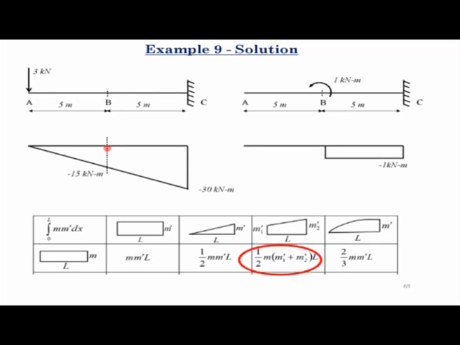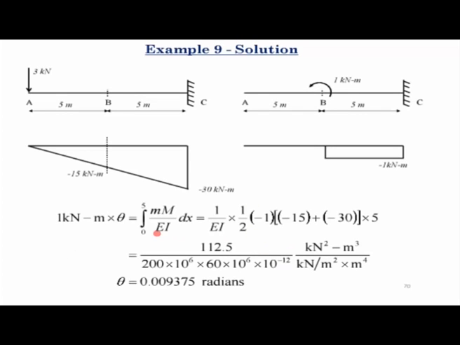Now between points B and C, due to the applied load, the moment distribution is trapezoidal, and due to the virtual load, if you look back at that table that I showed you two slides back, one is a trapezoidal distribution and the other one is a uniform distribution. And if you have that integration, the formula is half m into (m1 dash plus m2 dash) into L. So these are the values of the moments at the two ends of the trapezoid, and the length L would be the length over which the moment function is changing. So here it is 5 meters. So we'll use that formula to calculate the value of the integral here.